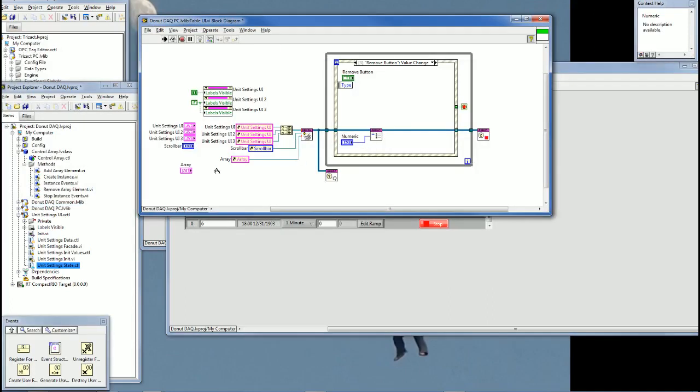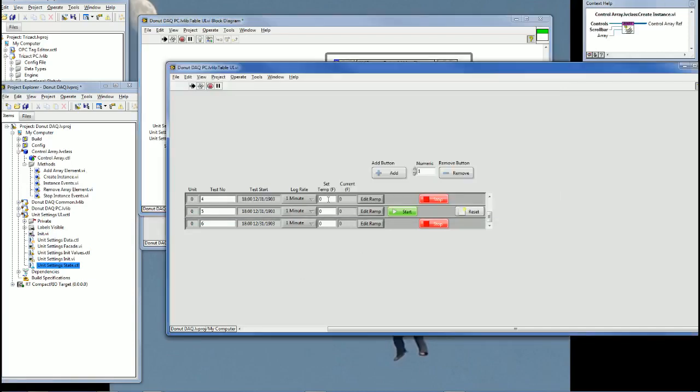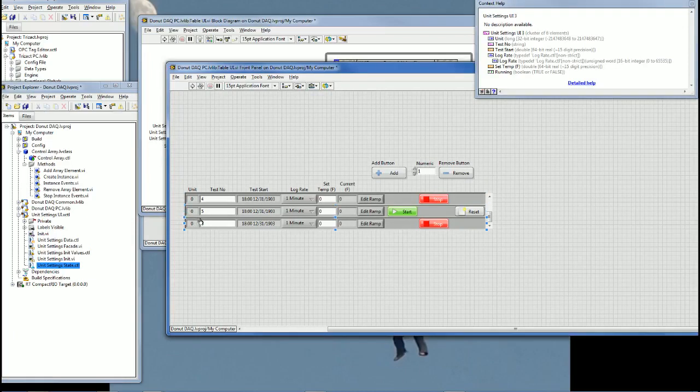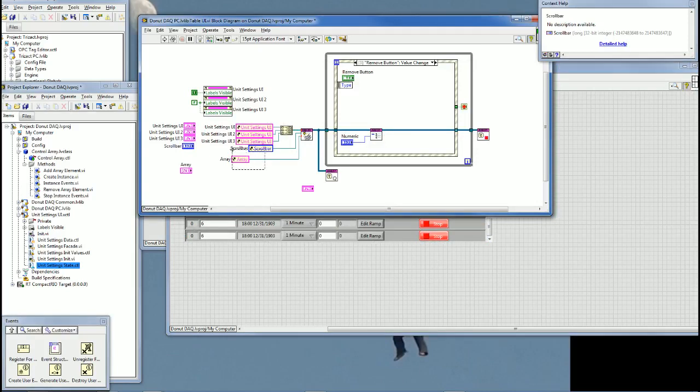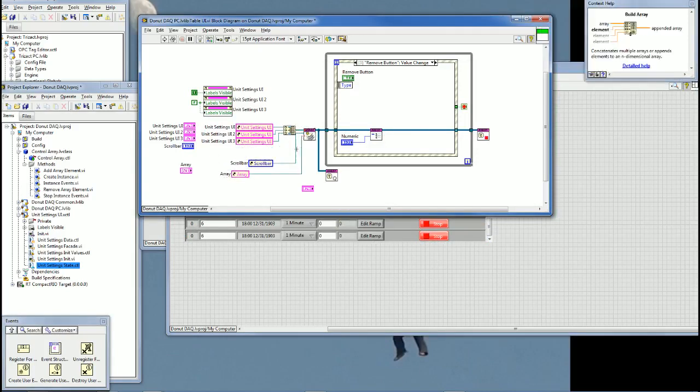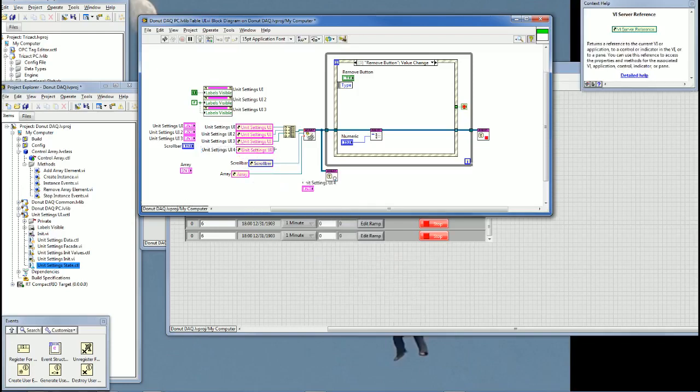So again, there are only 5 VIs in this class that are needed. There's the initialize. If I want to, for instance, make this have 4 elements in here, what I can do is create a copy, and I'll just get it all lined up nice and fancy like. I'm going to resize this just to be a little closer to the correct size. And now if I extend this to a 4th element, create my reference, wire that in,